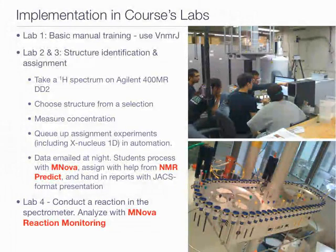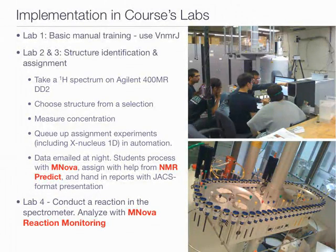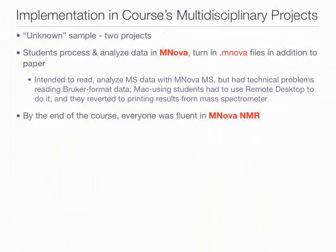Then the last lab that we ran, they were conducting a reaction in the magnet, and then they used the reaction monitoring software to analyze it. We'll get into more of that in a little bit. Okay. We also use this in the standard kind of unknown projects,